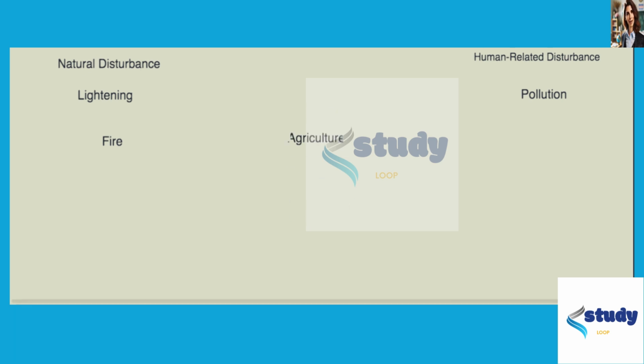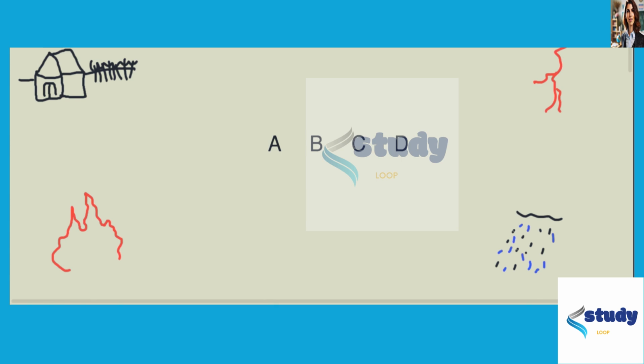And that leaves us with agriculture, which is another one that would be characterized as a human-related disturbance. There are some ecologists who might not categorize it as a full disturbance, but in the basis of this question, it's a human-related disturbance. Agriculture changes the local ecosystem and can affect the environment on a massive scale depending on the size of it, and it's by definition caused by humans. So that is where we are at right now. Now let's take a look at our answer choices here.